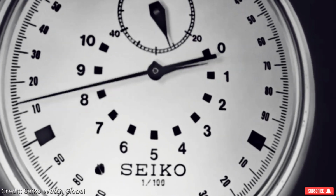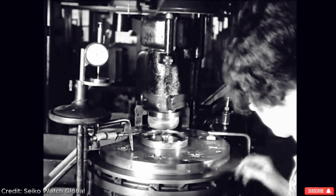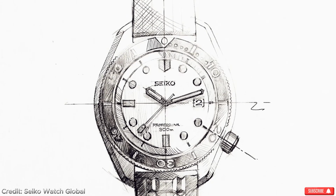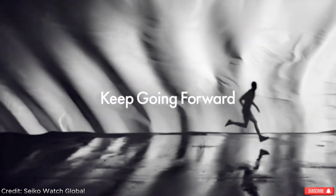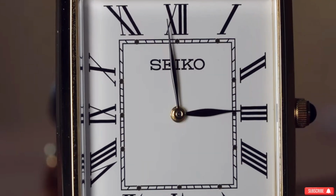What if I tell you that this excellent timepiece is a result of over a century of watchmaking excellence? From crafting Japan's first wristwatch to redefining quartz technology, Seiko has done it all. And today, we are taking a closer look at a modern classic watch, the Seiko SWR-052, also known as the